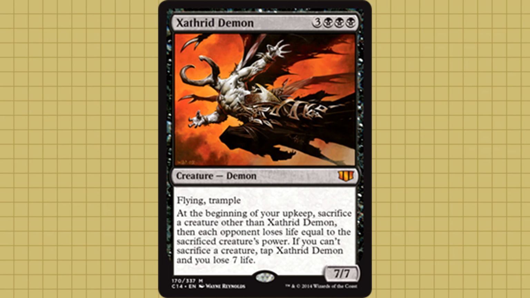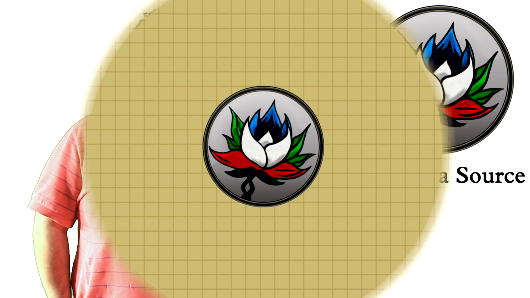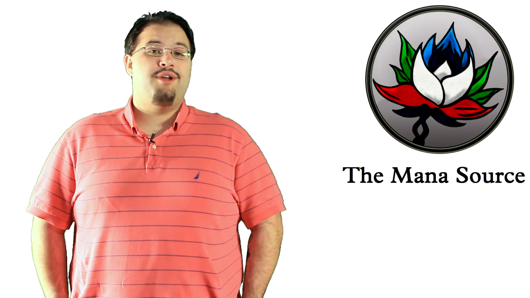Zombies are also a sub-theme in the deck. Grave Titan produces 2 zombies when it attacks or enters play. Liliana's Reaver also puts zombies into play when it deals combat damage. Combine that with Gisa and Overseer of the Damned and you can build your horde up quickly. The black deck is one of the stronger decks here and is a good starting point for someone entering the